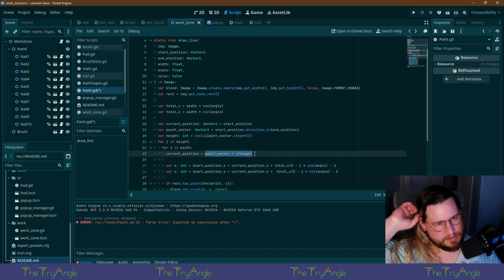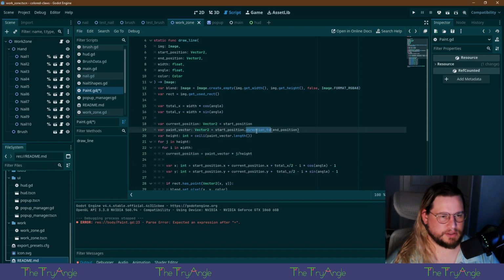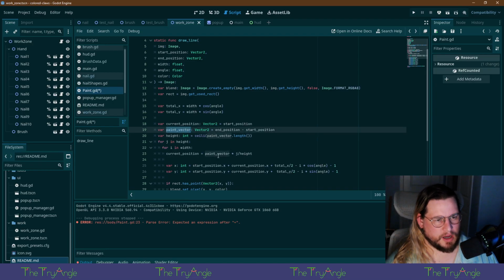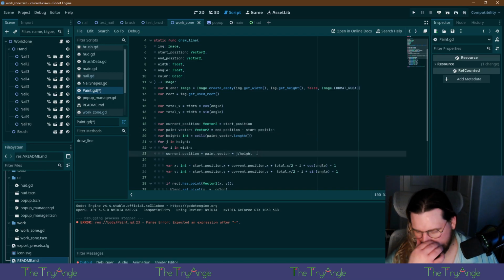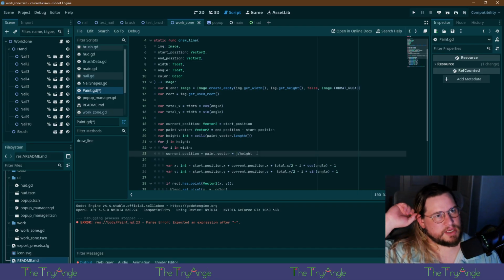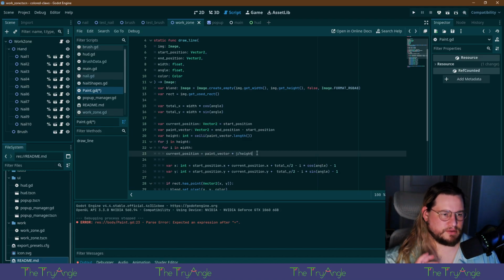But wouldn't it be... maybe we don't want a ratio, actually. Maybe we don't want this to be unitless. Yeah, no, the length of a normalized vector would be 1 anyway. So this gets a vector. It's not normalized, but it still needs to be added to the starting vector. So our current position is relative to our start.